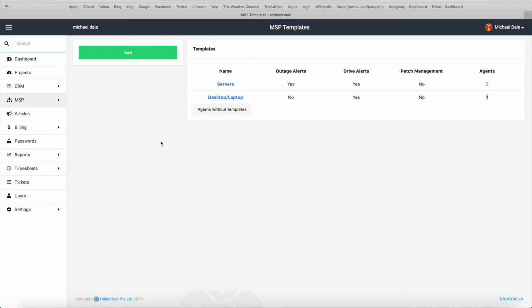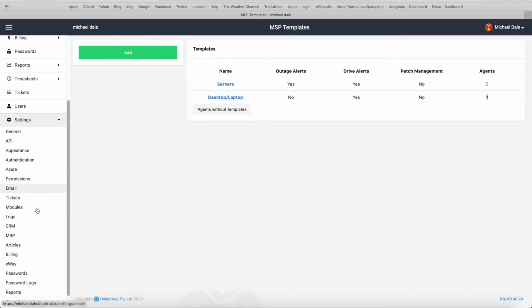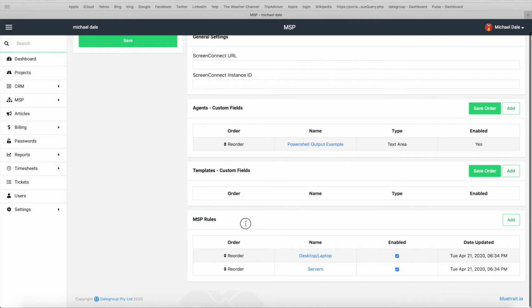So how does that work? We have something called MSP Rules. So we go into settings, and then MSP. Out of the box, we have two MSP rules, desktops, laptops, and servers. So if we go into desktops, laptops,